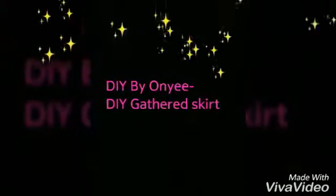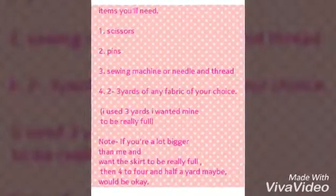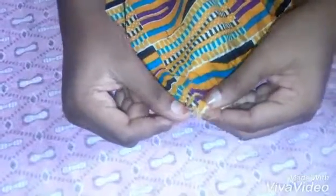Today I'll be teaching you how to make your own gathered skirt. Now, depending on how much fabric you want to use, 2 to 3 yards, depending on how full you want it to be, and depending on how long you want the fabric to be. I wanted mine to be a 3/4 like you saw in the picture. I didn't want it to be all the way to the floor, so I cut it,